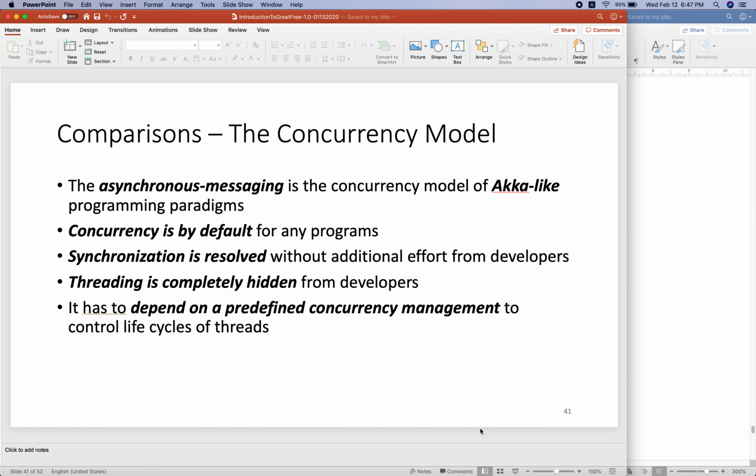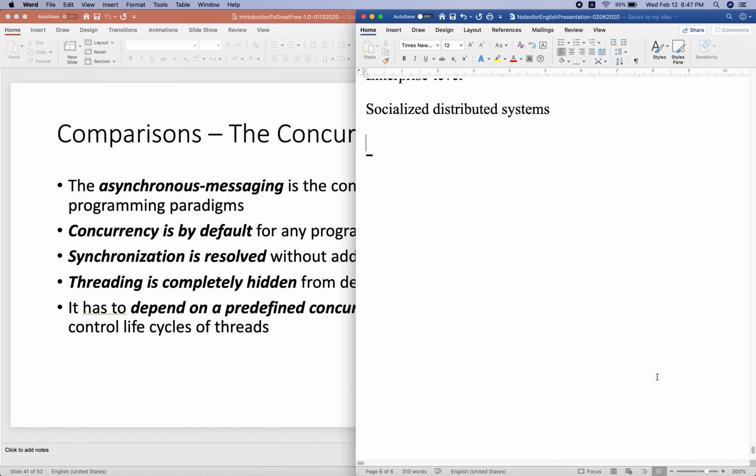It's out of date. This is the first drawback of traditional mainstream concurrency programming: the memory sharing based concurrency model.